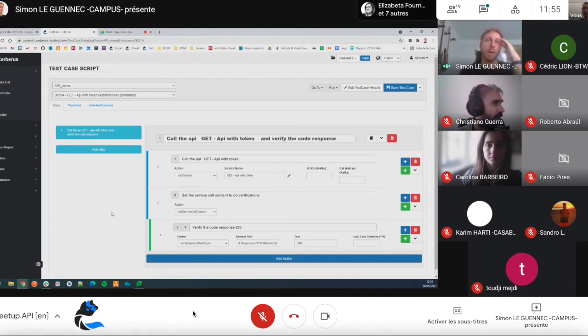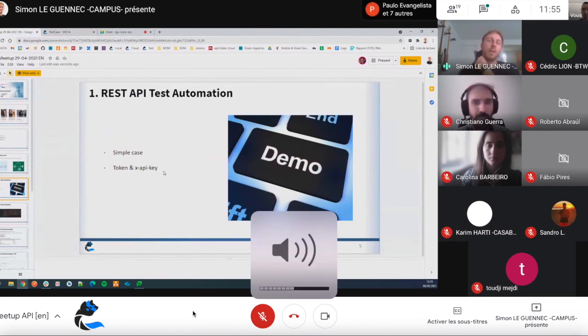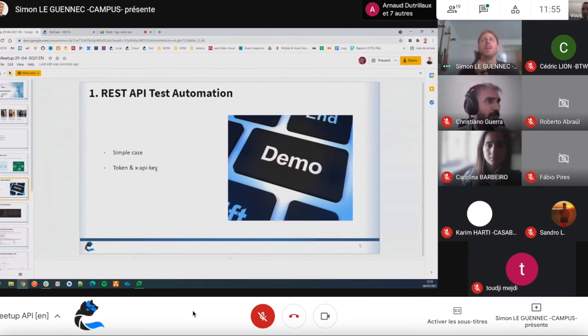I just talked about the X API key. If you don't know what it is, it's another security key. It depends on your project. So for this one, you can also ask the dev team. They will give you the value, and for the X API key, you can put it in the property, hard-coded. So you can just add it